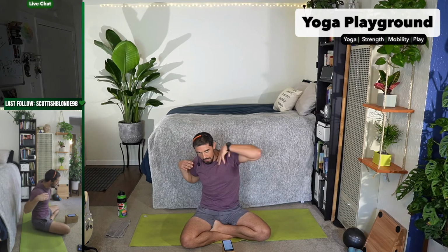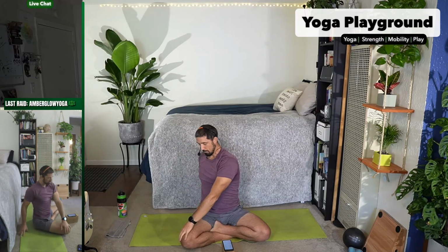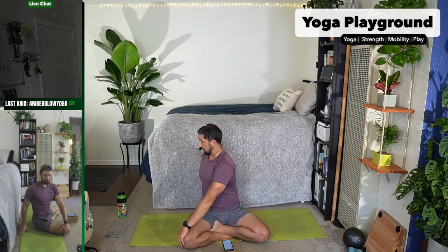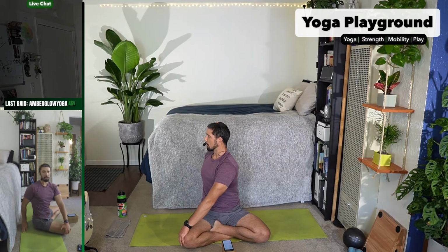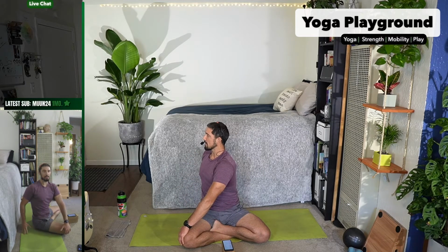Nice. Let's get a little rotation through the spine. So we come back to center. We inhale, reach the arms up tall. As you exhale, let's rotate to the right. So the left hand comes across the body to, excuse me, I've got the hiccups right now. Comes over to that right thigh there. Right hand is behind you. Inhale, see if you can sit a little taller here, and as you exhale, maybe you find a little bit